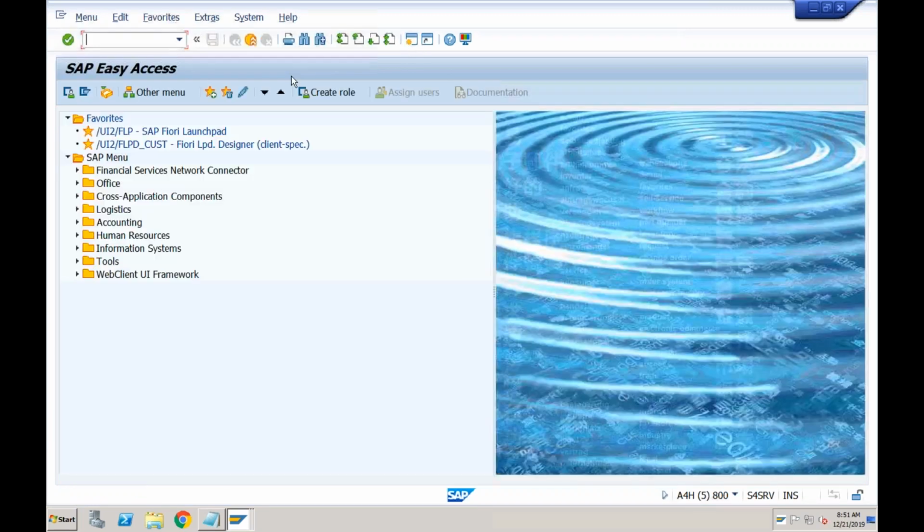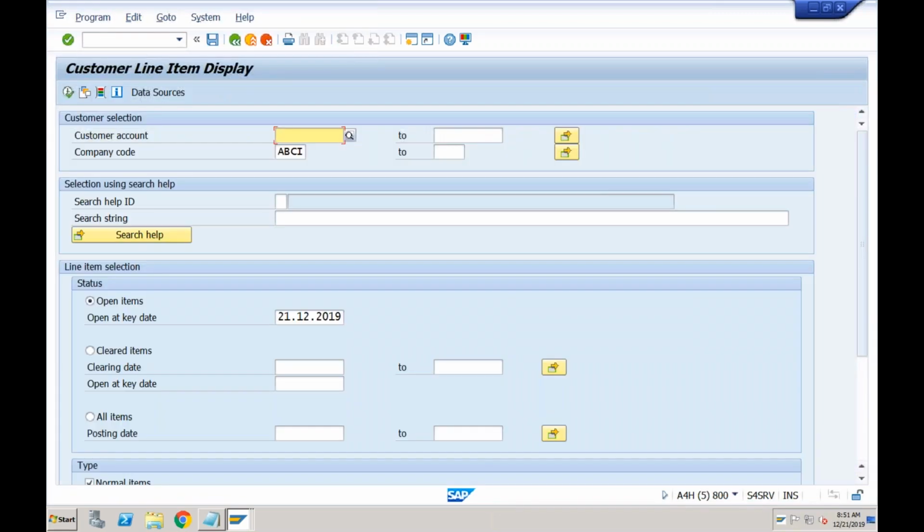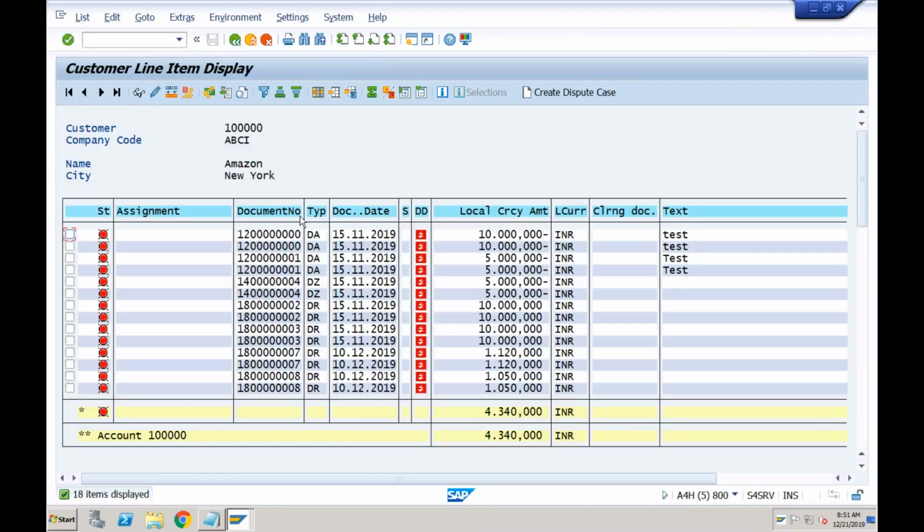How can I see the customer balance? I will go for FBL5N. For ABCI, I want to see which are the open line items. So let's take this example for customer number, this one.